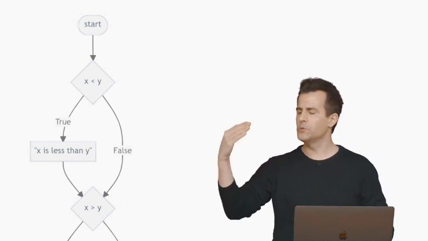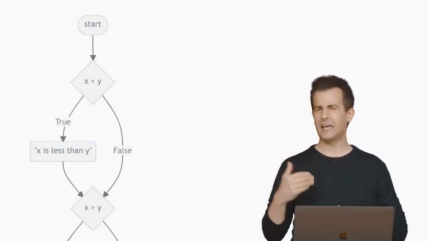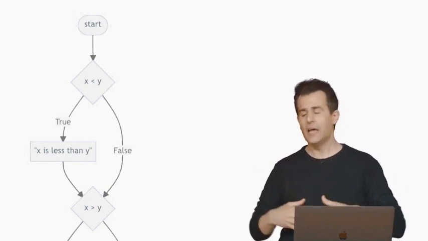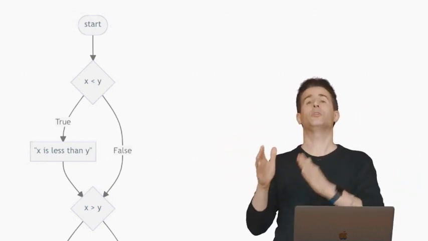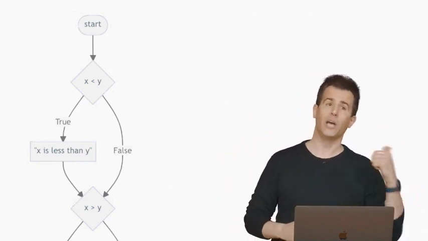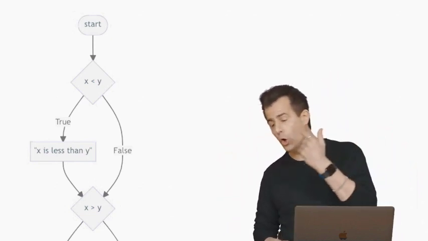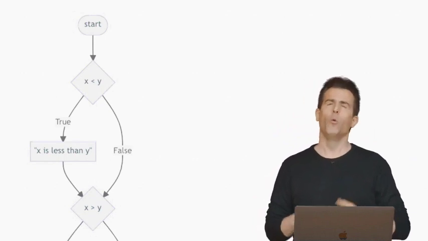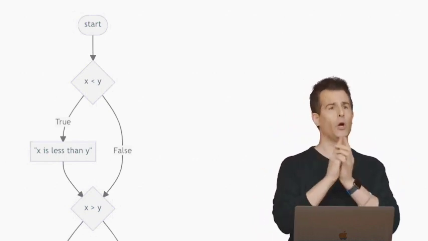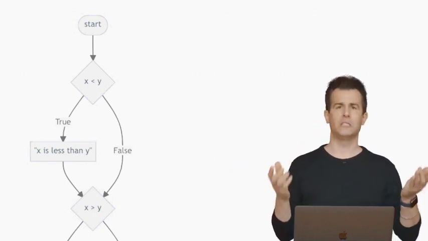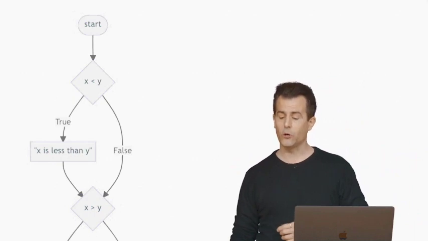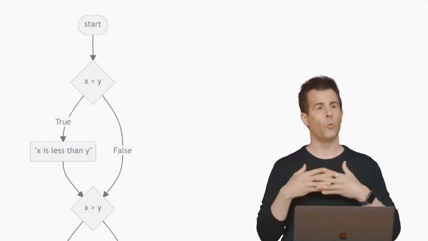Notice that there's an arrow from start to this diamond shape. Inside of that diamond is a question, a Boolean expression, x less than y. This shape just means, based on the answer to that question, go left or go right. Specifically, go left if the answer is true, or go right if the answer is false. The inputs I typed were 1 and 2, respectively, for x and y. So, of course, 1 is less than 2. That's why my program printed out, quote unquote, x is less than y.